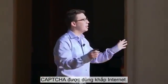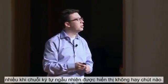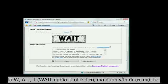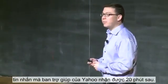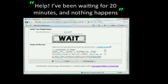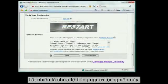You know, CAPTCHAs are used all over the internet, and since they're used so often, a lot of times the precise sequence of random characters that are shown to the user is not so fortunate. So this is an example from the Yahoo registration page. The random characters that happen to be shown to the user were W-A-I-T, which of course spell a word. But the best part is the message that the Yahoo help desk got about 20 minutes later. This person thought they needed to wait. This, of course, is not as bad as this poor person who...